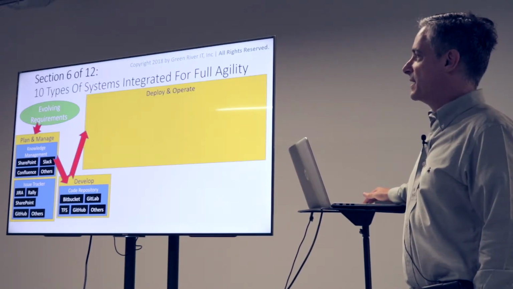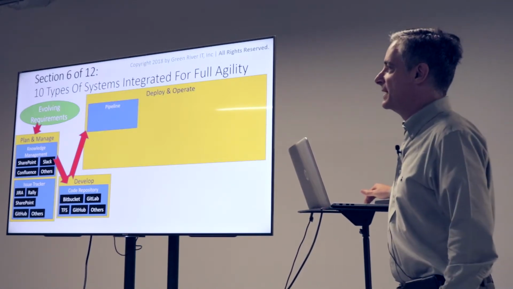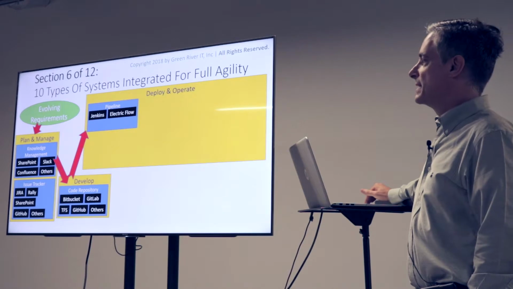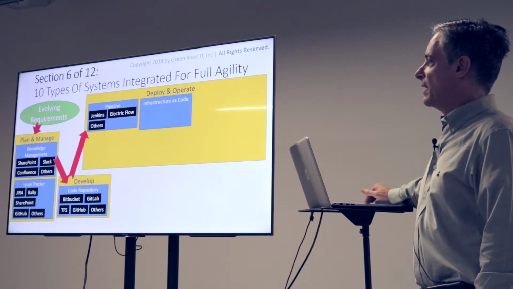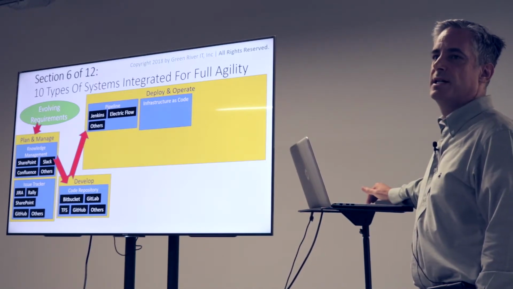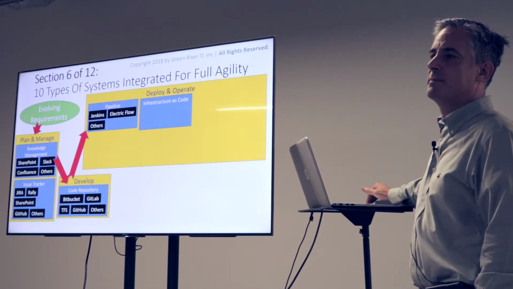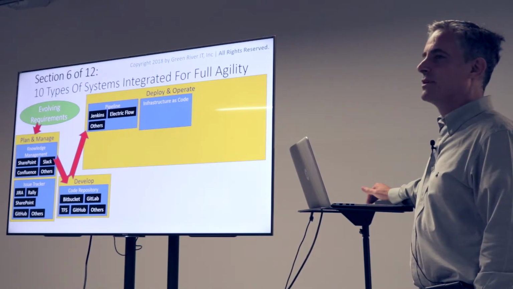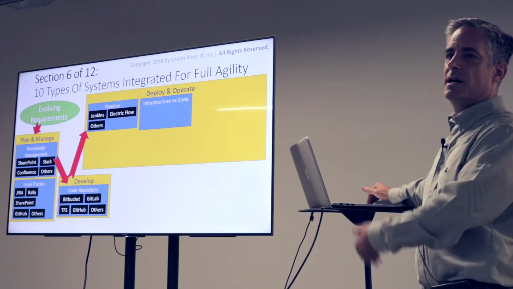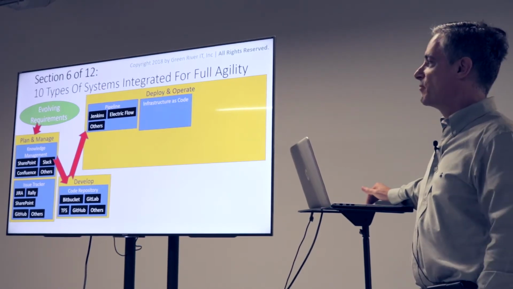And then there's the grouping of systems related to deployment and operations. And that includes pipeline tools, like for example, a Jenkins. Electric Flow is another one. There are lots of pipeline tools. We also have this idea that we used to think that infrastructure was something we created inside our own company. Infrastructure actually can be something that's code. We write a program that spins up our environment. It takes parameters, and so our environment then can be cloned countless times in all of our different projects, spun up, deployed to, tested, and then torn down in so many different contexts that it brings about the capacity for a lot of change.